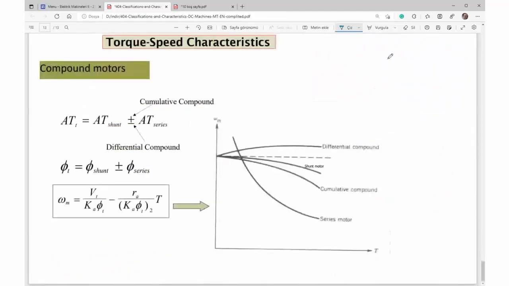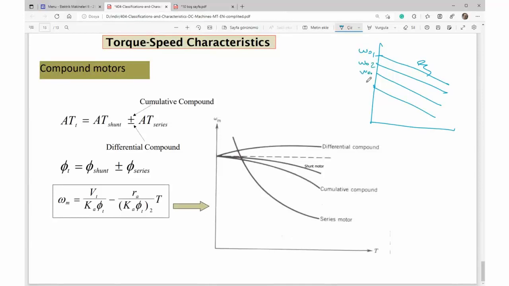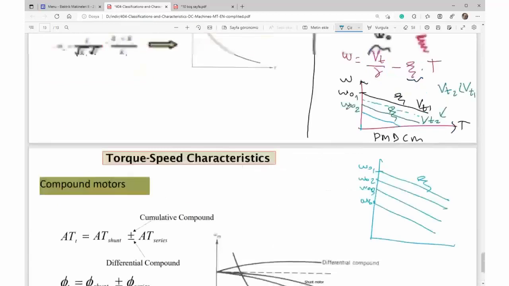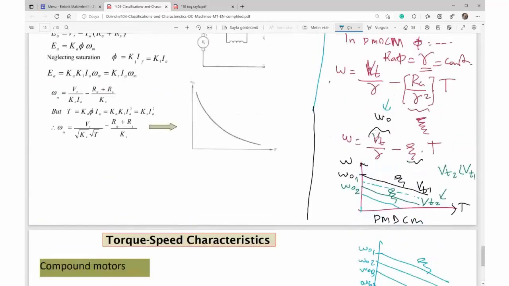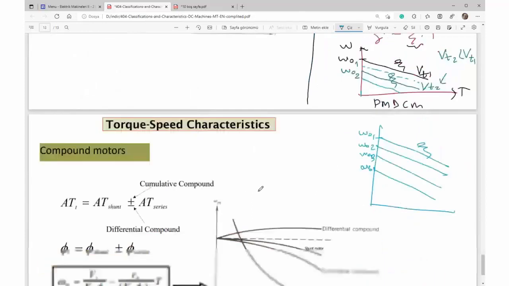The characteristic would be like this. The slope is the same, but the starting or no-load speeds will be changed due to terminal voltage, because it depends on terminal voltage. When you change terminal voltage, it will change. But this method, that is a speed adjustment method, in fact, is generally used